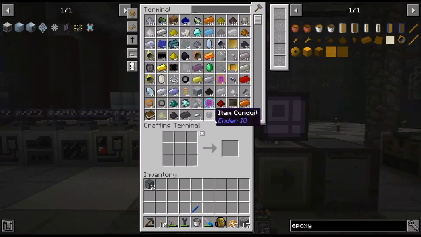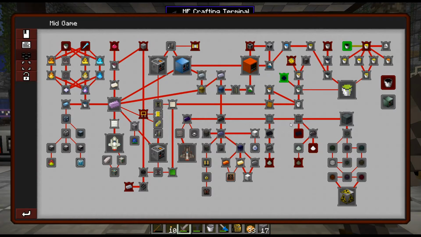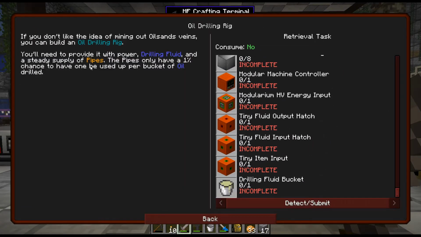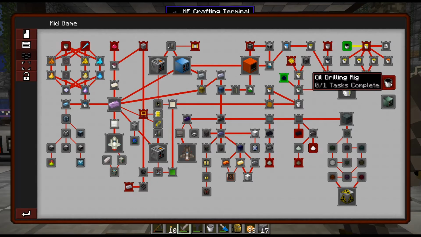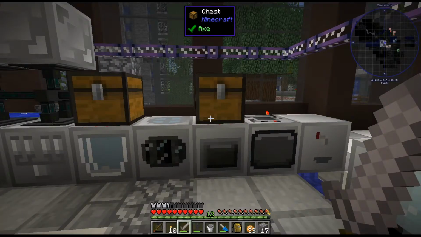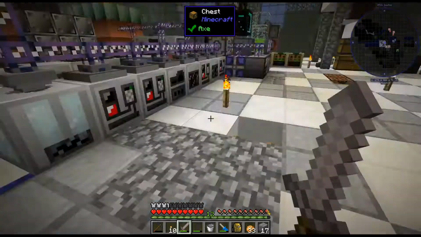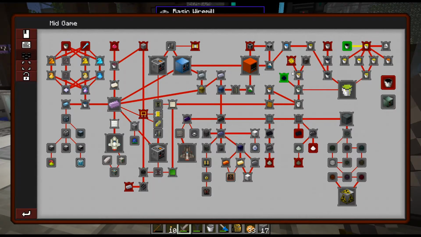So a couple things, a couple directions that I want to kind of be going. One is towards oil. There is an oil drilling rig which will just get us fluid. This is like the easiest, well, not easiest, but this is an infinite source of oil. The other way is through oil sands. And I'm actually just processing some of this. I bought some with coins, and we're just going to process it for a later date. But today I think I want to